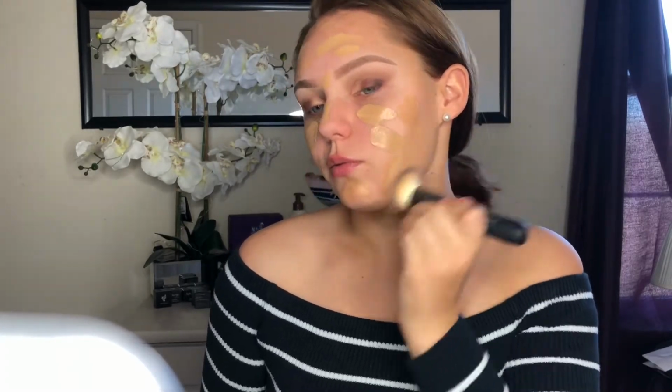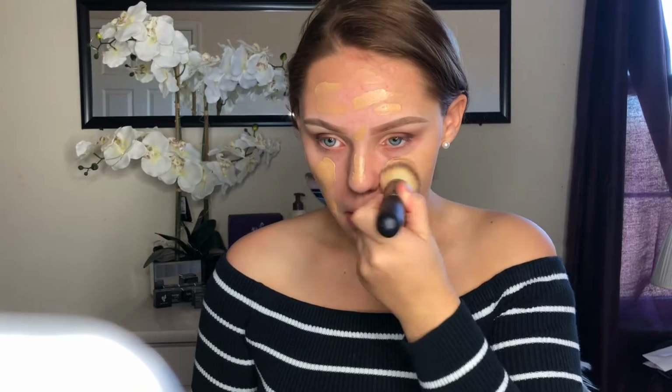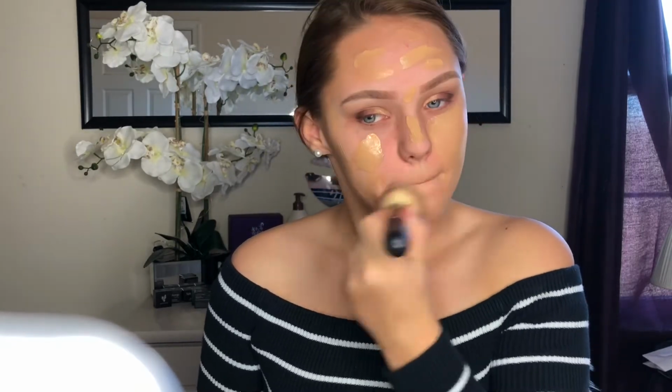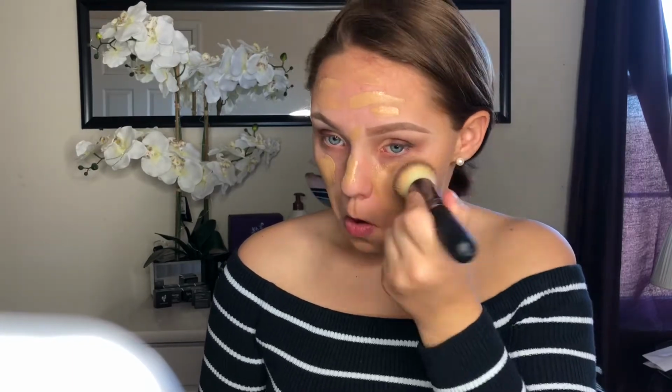And I think I'm going to pull my hair back. And now I'm going to take this flat top foundation brush by It Cosmetics and just buff this in. And now that we are done with that and I look all good and orange, because these are my summer shades,